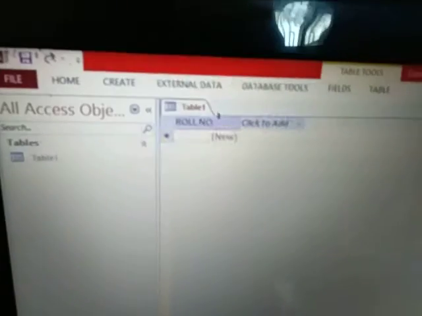Now we have to press the tab key. So where is the tab key? In the keyboard, that is the tab key. Okay, so we have to press the tab key. After that